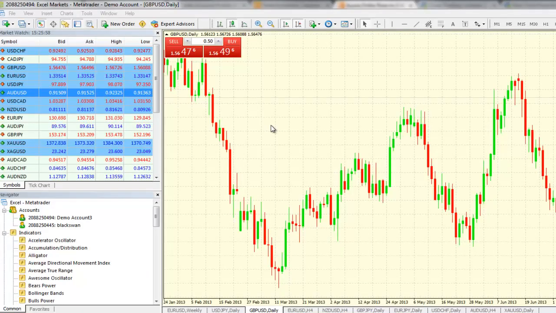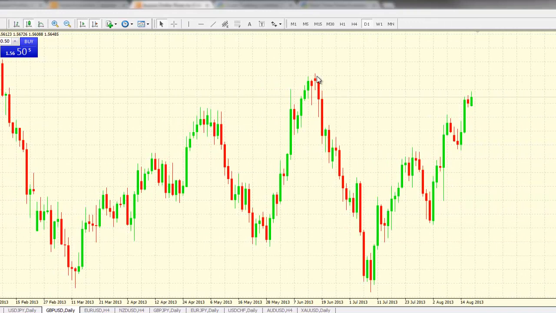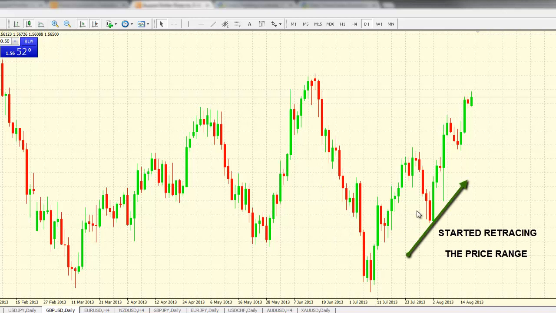We consider the daily chart for pound dollar. Consider the price range from mid-June high of around 1.57506 to the lows of 1.48127 made in early July. Following this price decline, the price for pound dollar had started retracing this fall, moving back up from the lows towards the high. Thus, if the price reaches back to the June high, it will be considered to have retraced